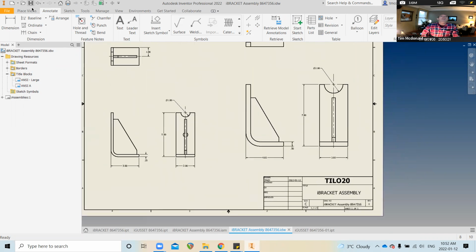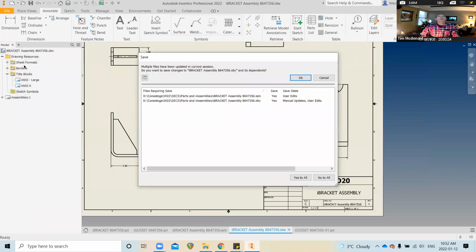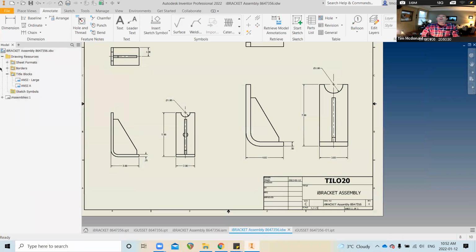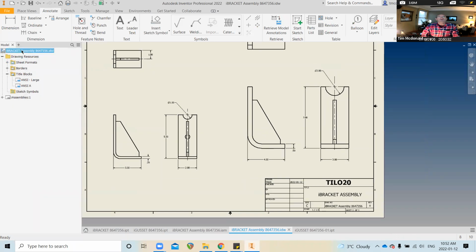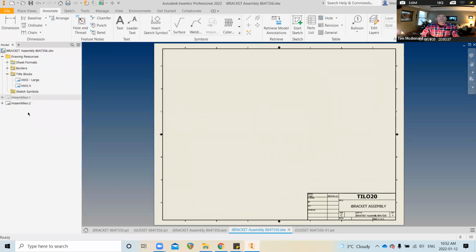Okay, I'm going to save this sheet. I'm going to go up to the top level here. Yes to all, and okay. I'm going to the top level of this drawing. I'm going to right mouse click and put in a new sheet. It's going to enter another sheet that is formatted exactly the same as the previous sheet, except it has no views on it. And for this sheet, I'm going to put